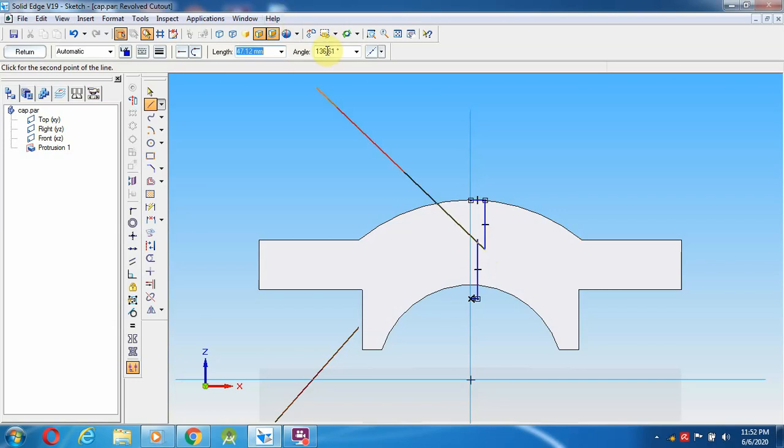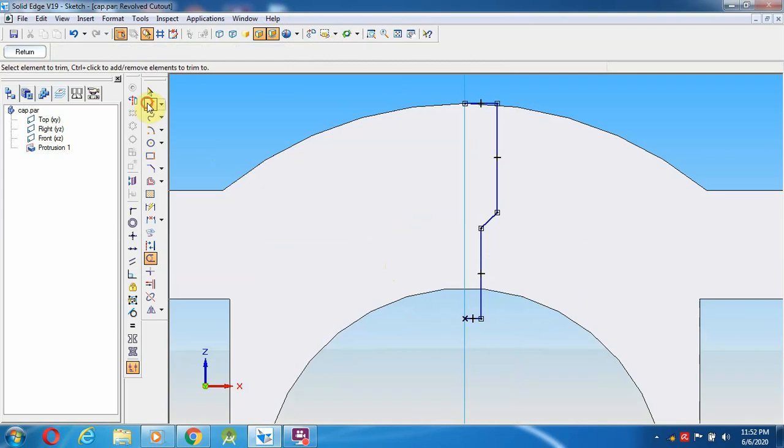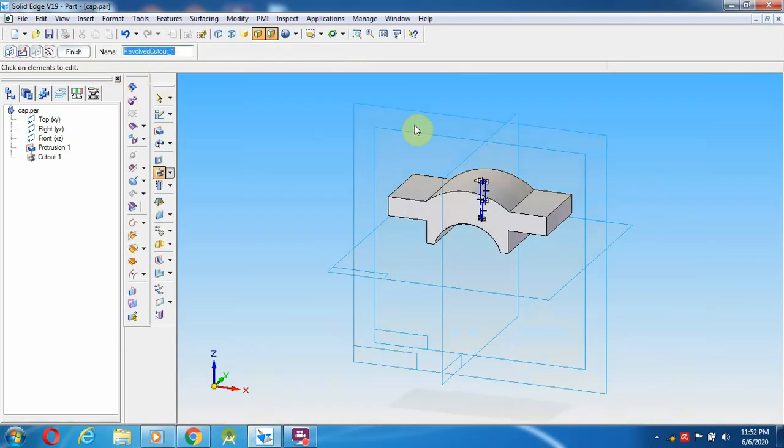Then from here at 45 degrees, towards here I'm going to give 225, and close. Use the trim option on this line and this one. Then select a line, select the axis of revolution as this, give return, enter 360, left and right click.